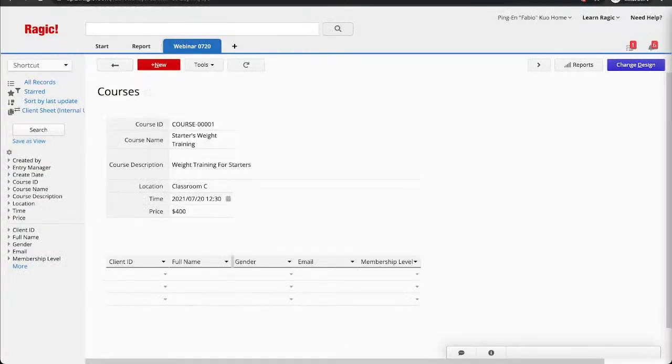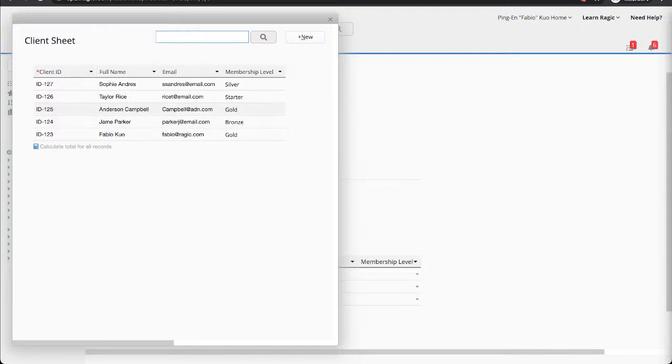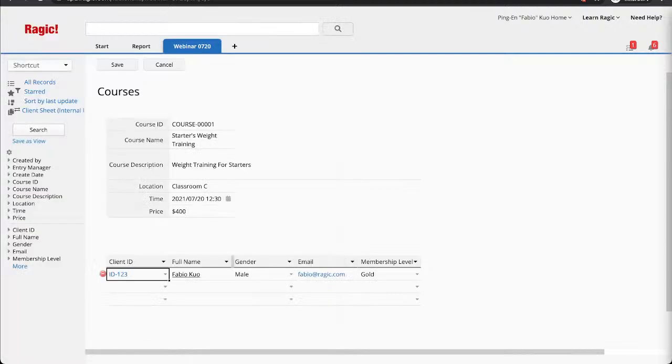If I would like to add the participants in, go to client ID. Because I've already added the link and load, if I select the user, so if I select myself, it will populate the related information and it will be saved in this record. And I can do it for more users as well. This is how link and load works, and this is how you build data relationships between one sheet and another.